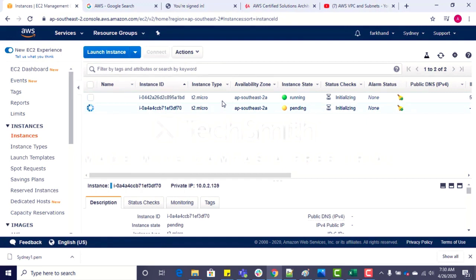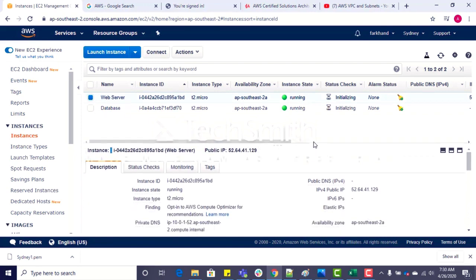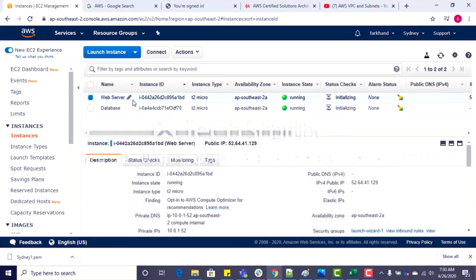So there are the two machines. One is the first one, which is the public one, and we can name it our web server or front end server, and the other is the backend server or our database server. Okay, so if we choose our front end server, the public server or the web server,